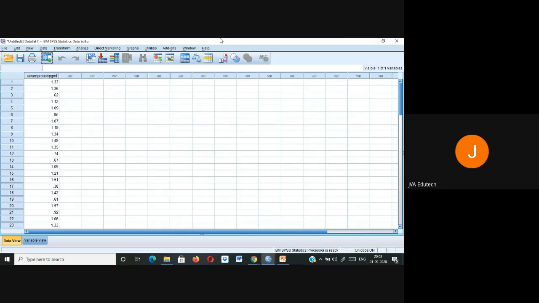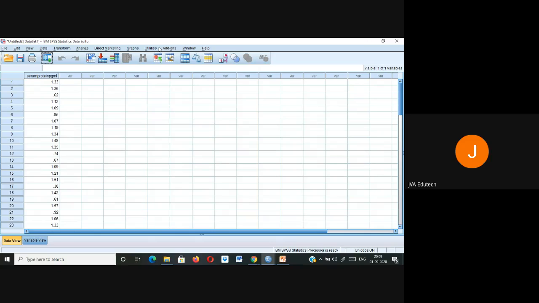So I have this file open. First, at one place you can write there are two methods of normality testing. One is the Shapiro-Wilk method, and another one is the one sample KS method. These are two statistical methods. One sample KS, or Kolmogorov-Smirnov. These two were Russian statisticians who gave this concept.